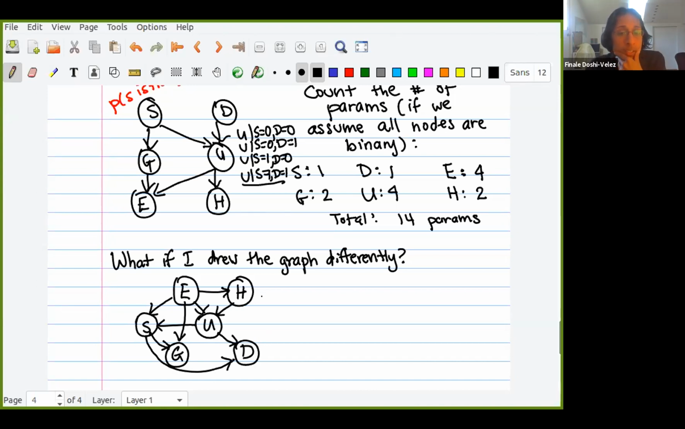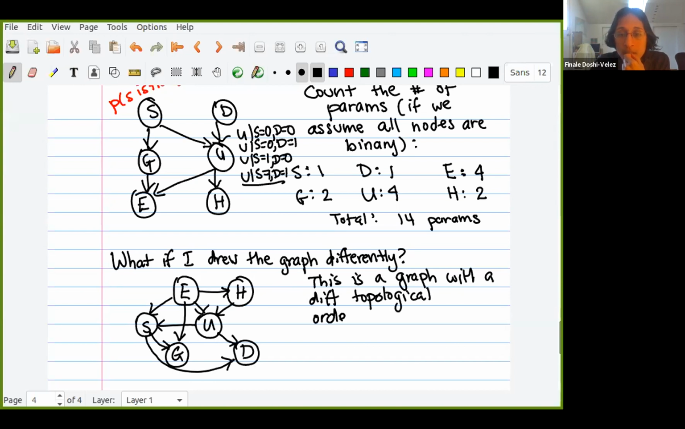So what I've done here is I've made a graph with a different topological ordering. It's one that I chose arbitrarily. It's not necessarily a smart ordering. It's just a different ordering, right? And what I want to point out here is that it's a graph with a different topological ordering and a minimal number of connections